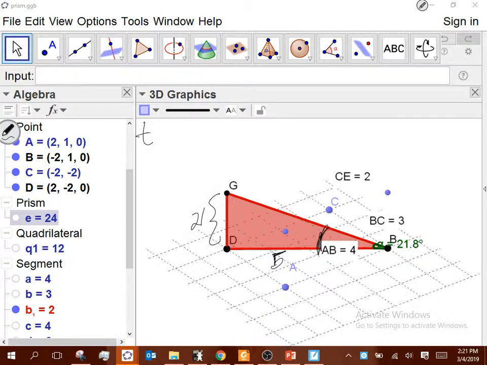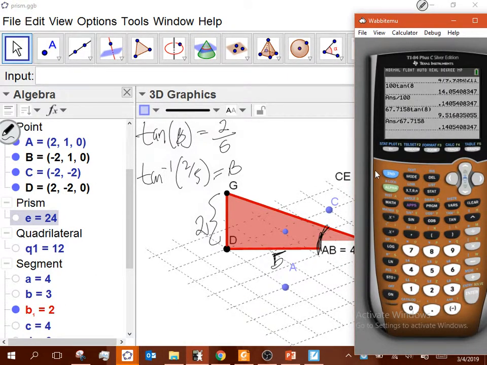So tangent of angle B is equal to 2 over 5. Can I take tangent inverse of 2/5 to give me B? And when I type in tangent inverse of 2/5, second tangent, 2 divided by 5,